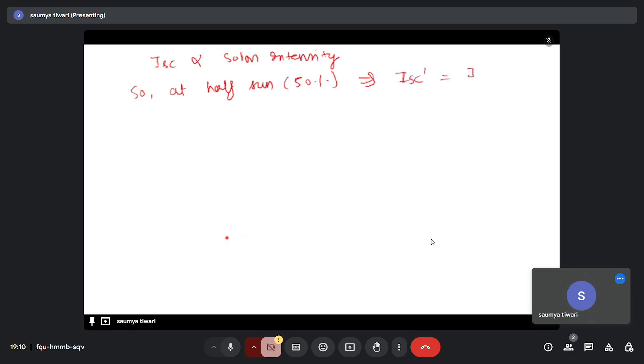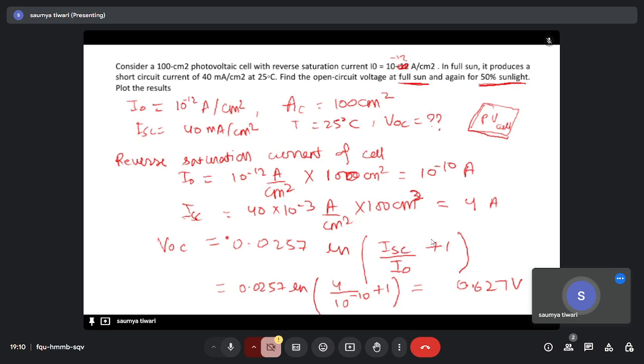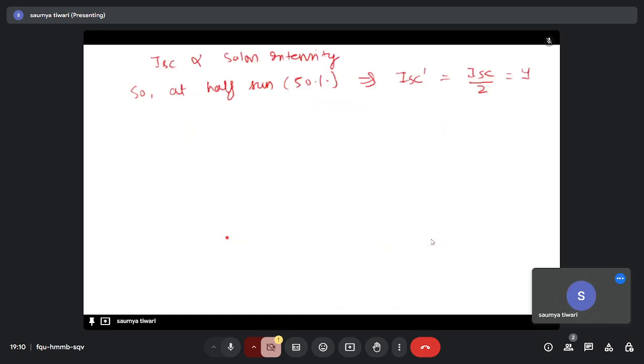we know that the short circuit current value is directly proportional to the solar intensity, right? Greater the intensity, more will be the value of your short circuit current. So if you talk about half sun, or you can say 50% of incoming solar radiation, your new ISC value will be half of the previous value. The previous value was 4, right? So it will now be 2 ampere,